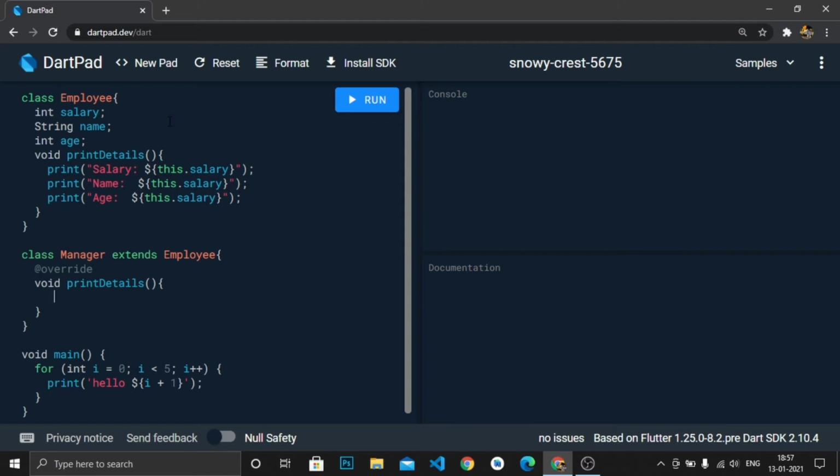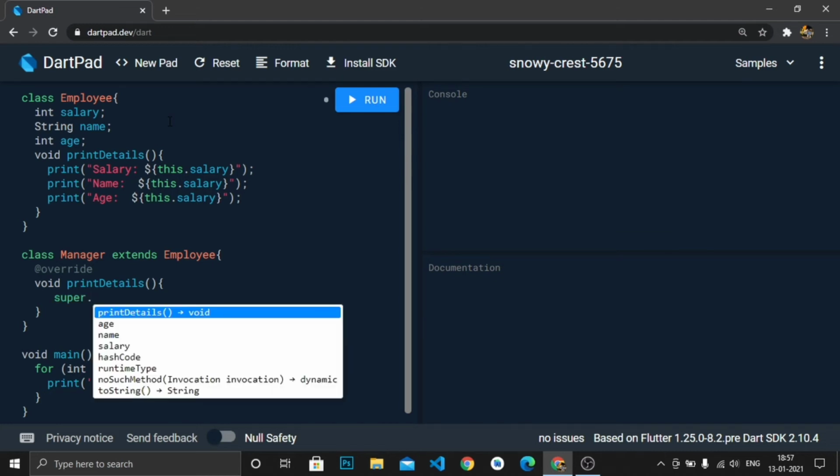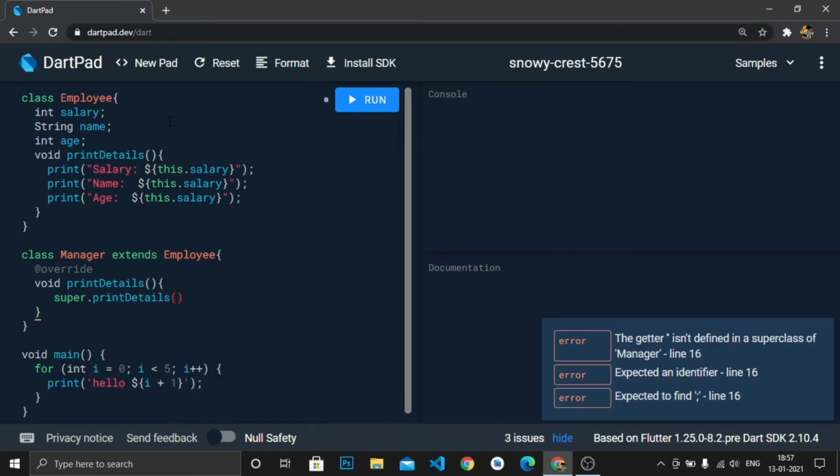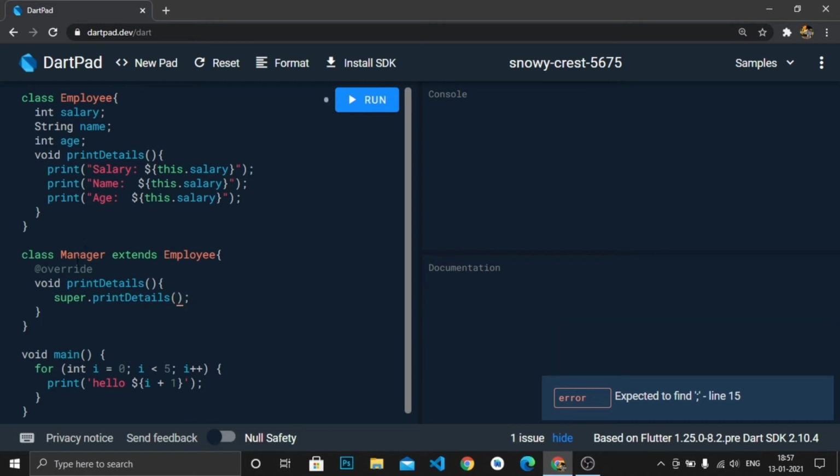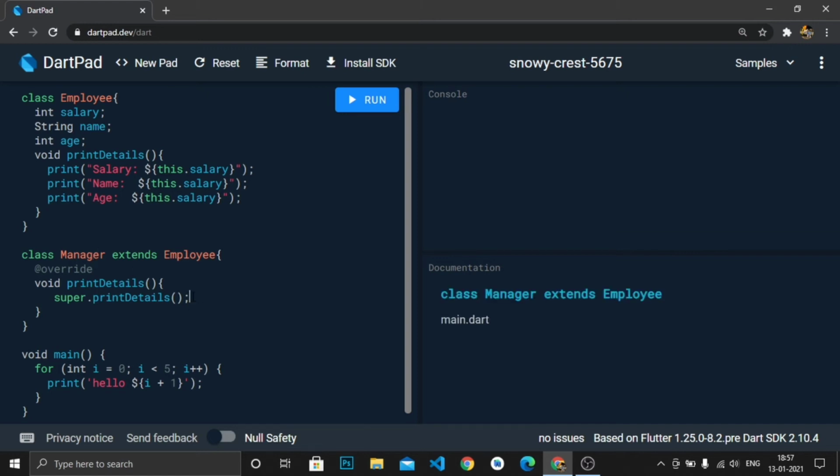In this we have to see that the super class or the parent class original function should be called. For that we will do super.printDetails. Super is a keyword in Dart, again like class or extends. The super keyword signifies the parent class of the current class.